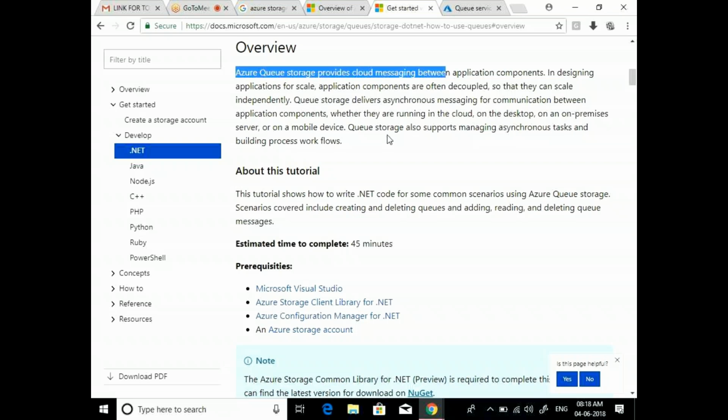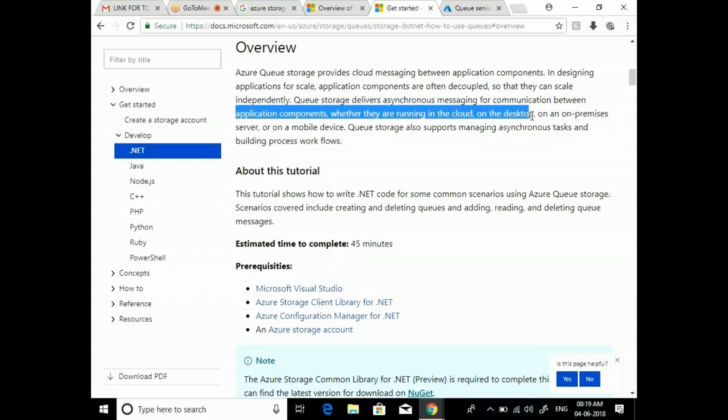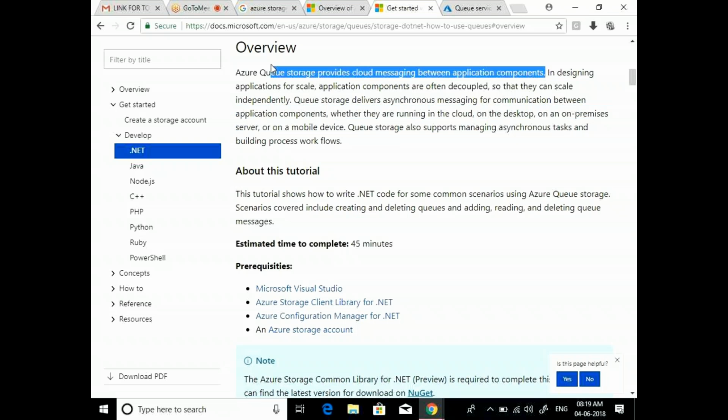Whether the application components are running in the cloud, on the desktop or on premises. First point is Azure Queue Storage provides cloud messaging between application components.